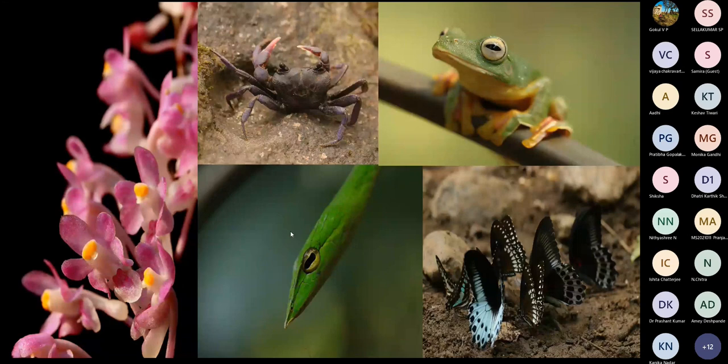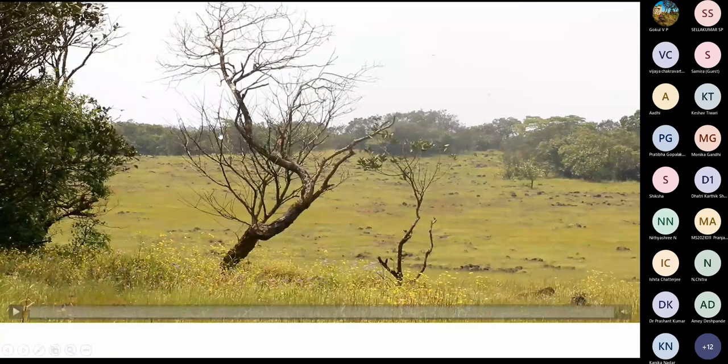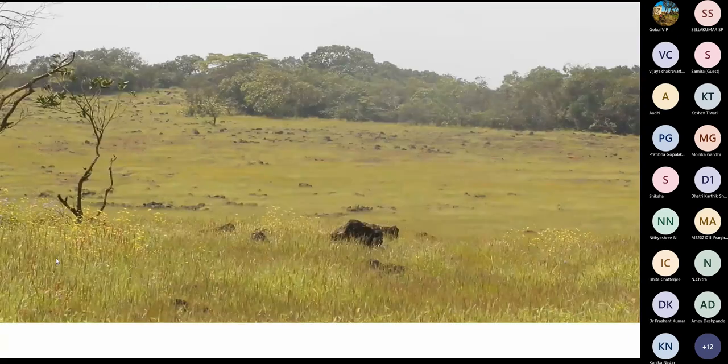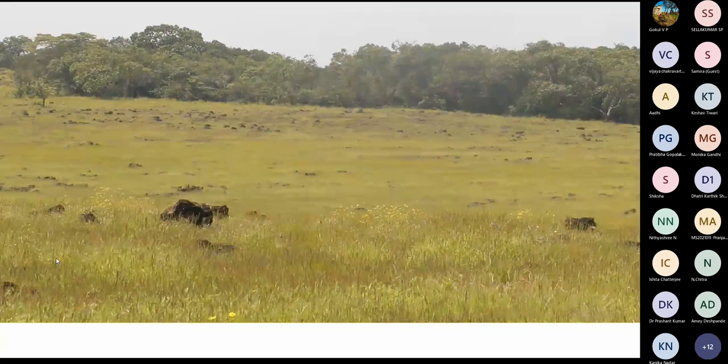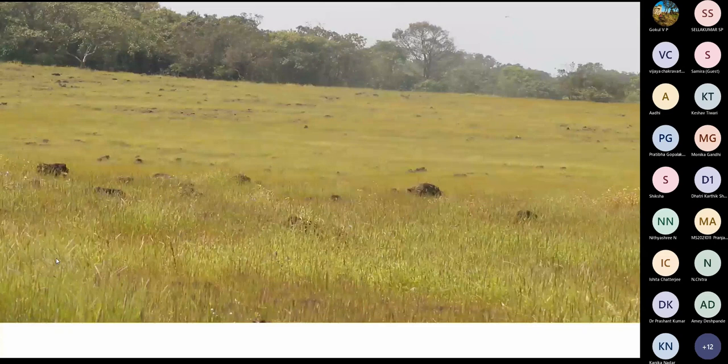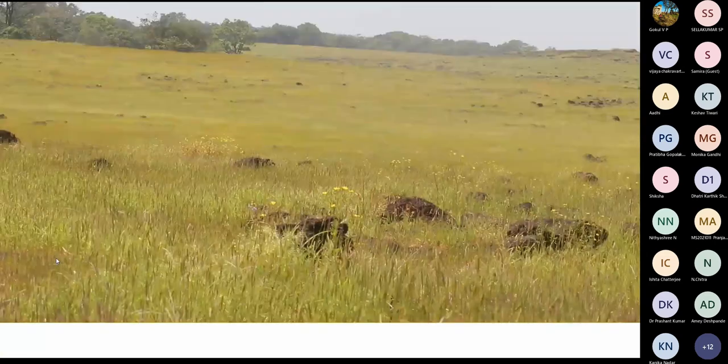So I'll play a short video from my field. So this is how the landscape looked like. So I did my field work in the grassland forest complexes in the Western Ghats. They look like islands of grasslands which are bordered by thick, moist deciduous forests.